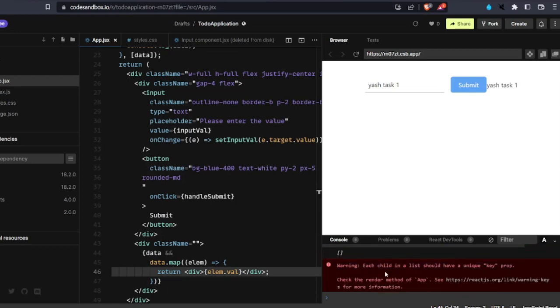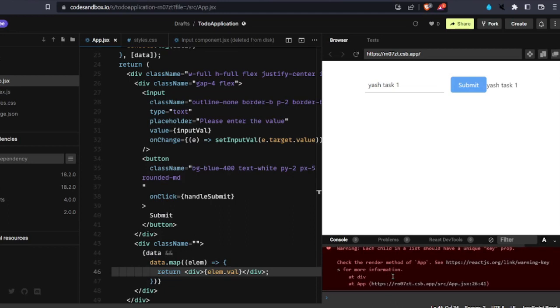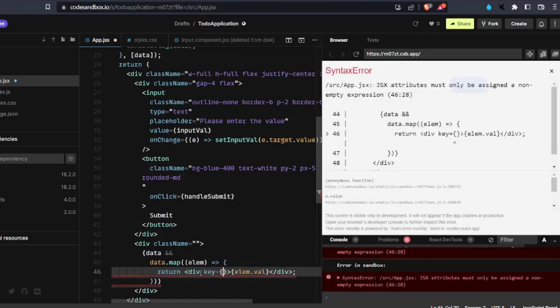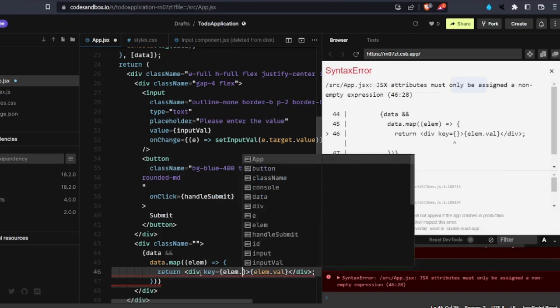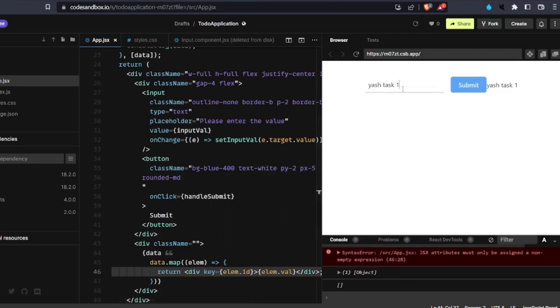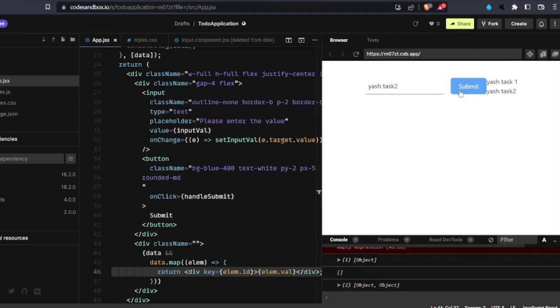Each child in a list should have a unique key. So if you want to read about this, it basically helps you in deleting the components and updating the components. Okay, and there's a lot more explanation to it, so you can go through it. It's a very simple thing. So what we need to do, we just simply need to write this thing, that is key. There's a prop, and here we need to pass elm.id. So I hope now it's gonna work. Task 2, submit. Yeah, it's working